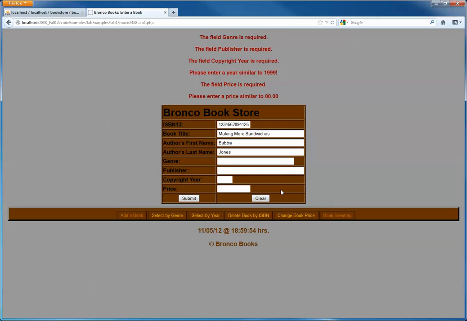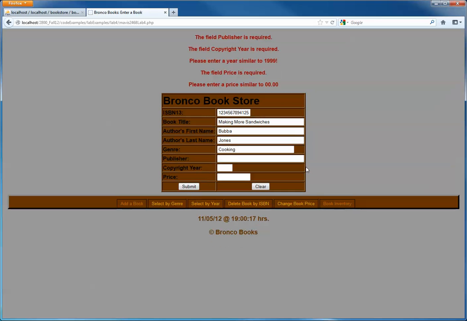Now, genre here, I can enter anything. Might be nice to have a drop down so that I can limit the genre to maybe 5 or 6 categories instead of relying on the user to type it in, right? But I am doing minimal, but this would be a wonderful place for a drop down list so that we could limit user input. So I'm going to put cooking, publisher,